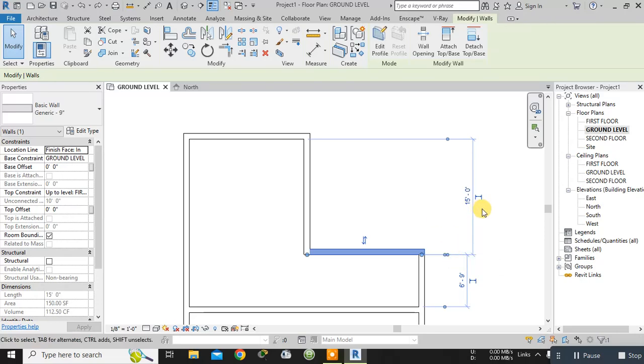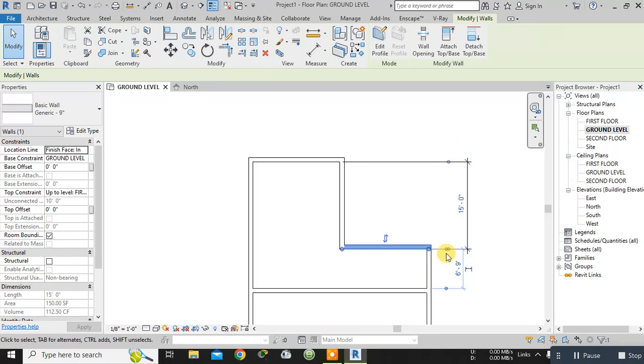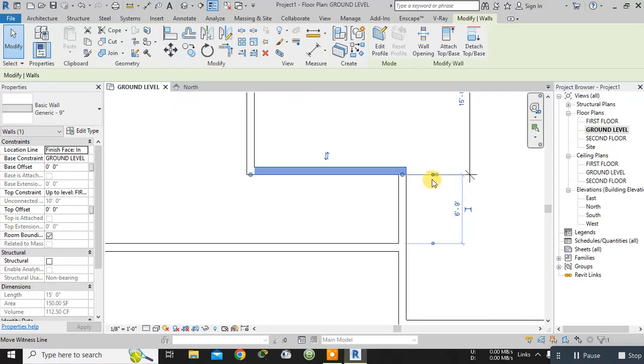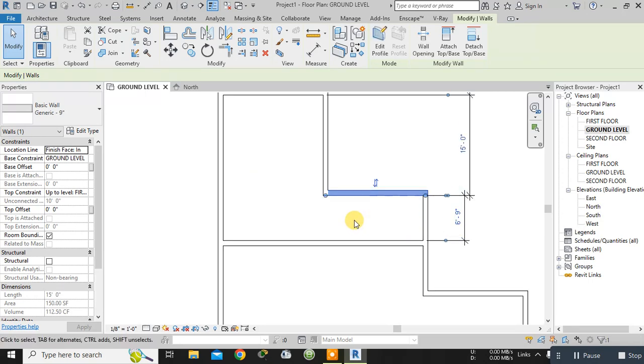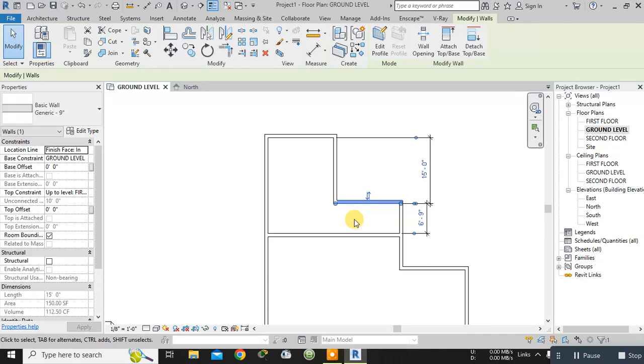After that, in order to make these temporary dimensions permanent, simply click it here. As you can see, this makes the temporary dimensions permanent. So click it here and the dimension will become permanent. So this is how we can make temporary dimensions permanent, or else you can simply go to